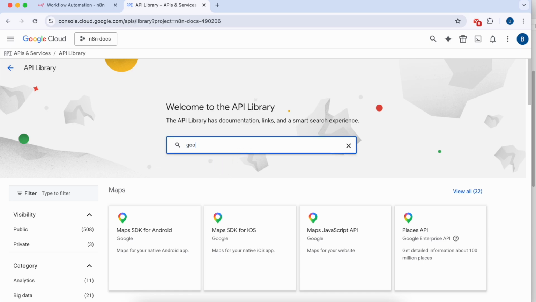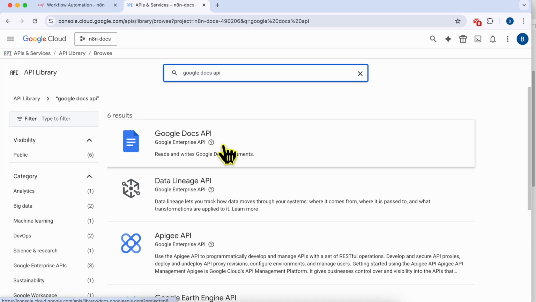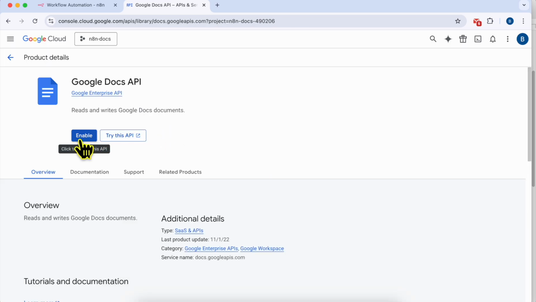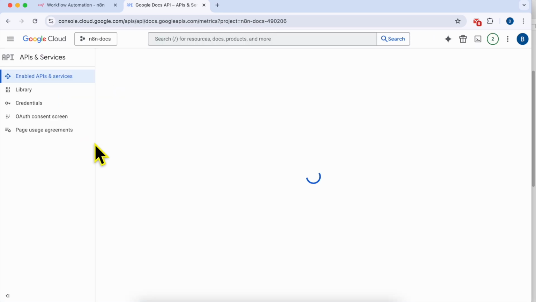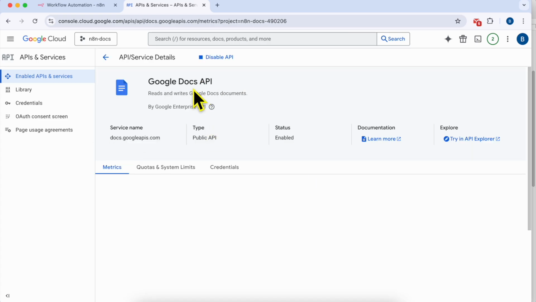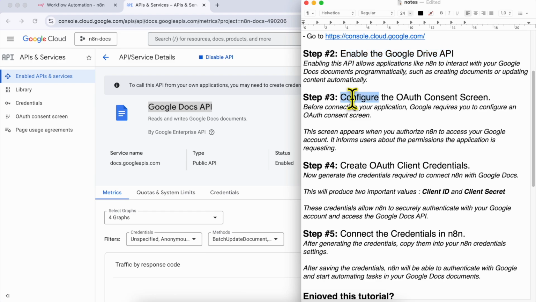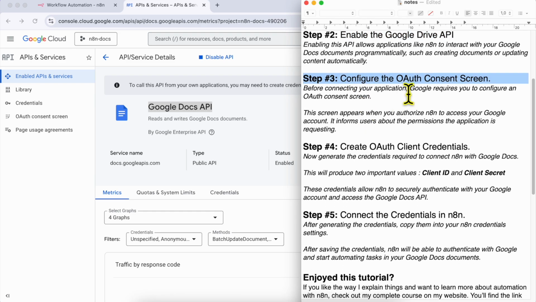Now search for the Google Docs API and hit Enter or Return. This is the API we need to enable. First click on it to open it, and then click on Enable. Now that the Google Docs API is enabled, we can jump to the next step, which is configuring the OAuth